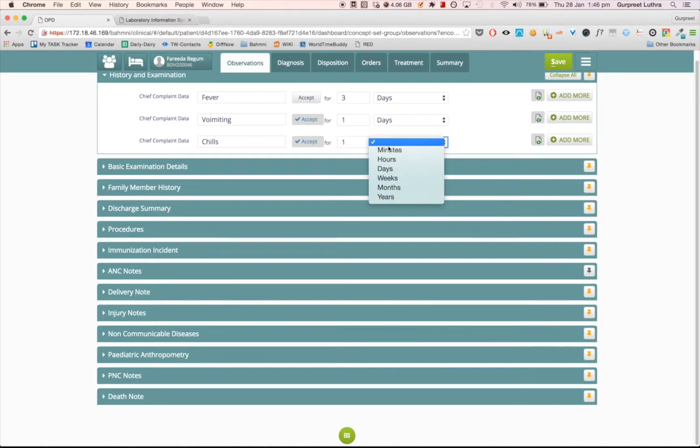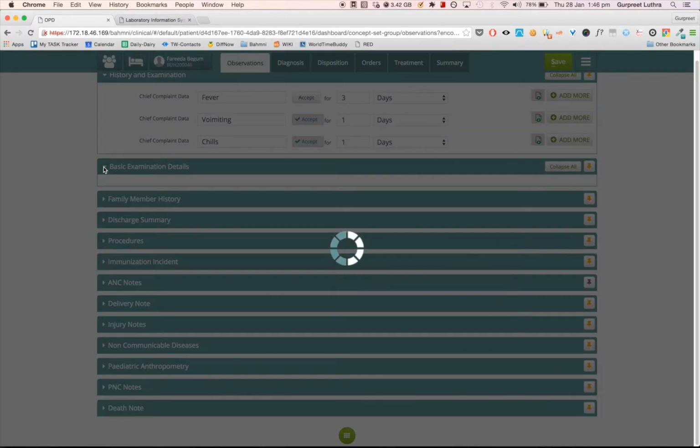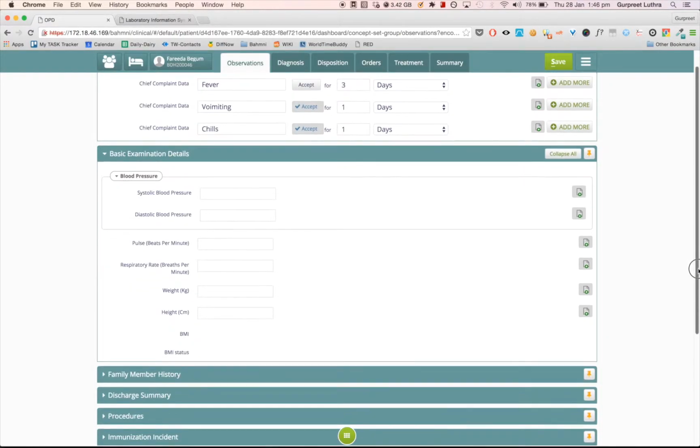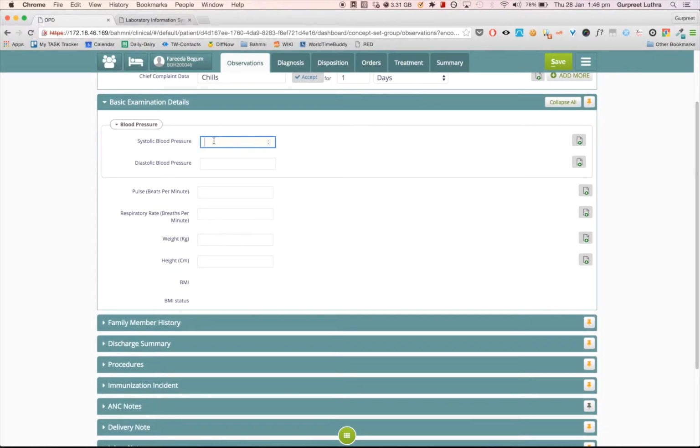For the last 1 day. Right. After noting down all the complaints that the patients have, the doctor can go ahead and enter some basic examination details. So, just some vitals like the patient's blood pressure, pulse rate, heart rate, height, weight, and so forth. So, suppose the patient has a normal systolic and diastolic blood pressure, and say she has a pulse. Her pulse could be slightly on the higher side, so let's say 80, and say respiratory